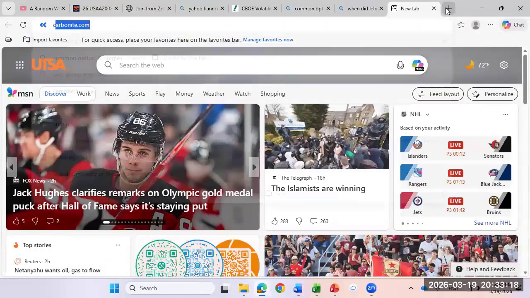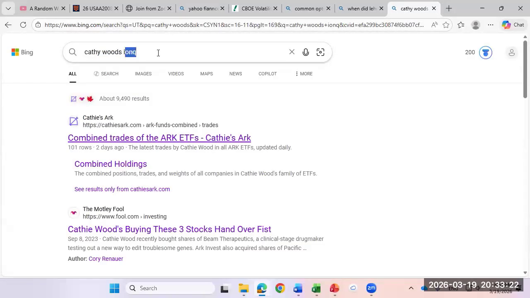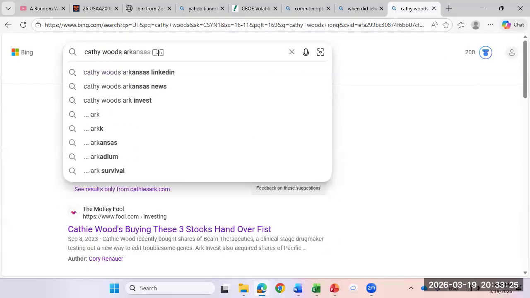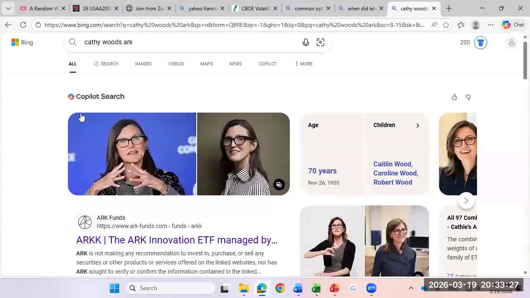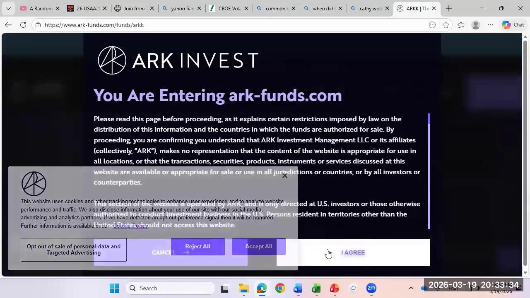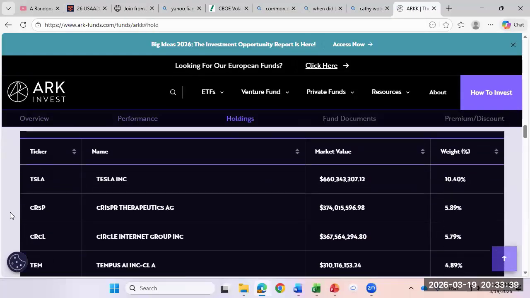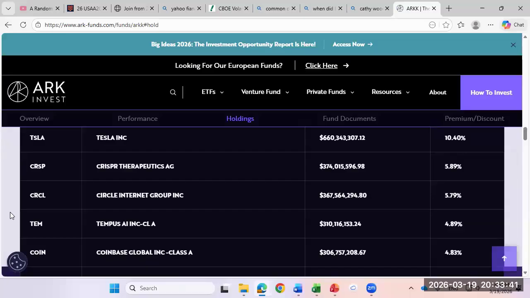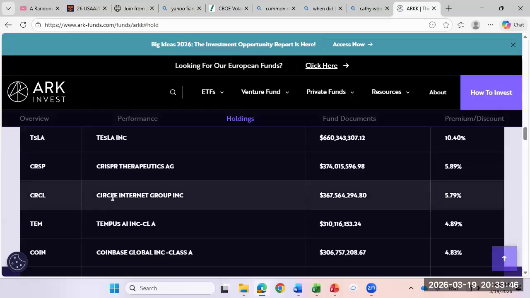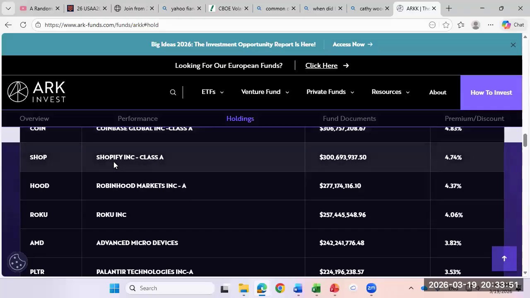You know, Cathie Wood. Oops. What is the ticker? I don't know what that means, but ARK Capital. She's done horribly here recently. There she is. But she's looking for those next great ideas, and she gives you her whole portfolio right there. Tesla, CRISPR, you know, that's looking at DNA and all that kind of stuff. I don't know, anybody know what Circle Internet Group is? Coinbase, obviously, Shopify,